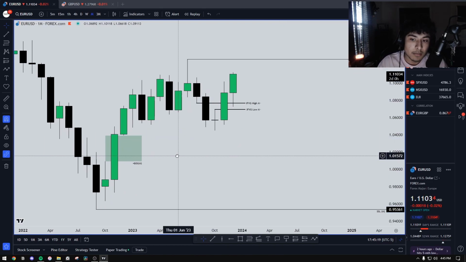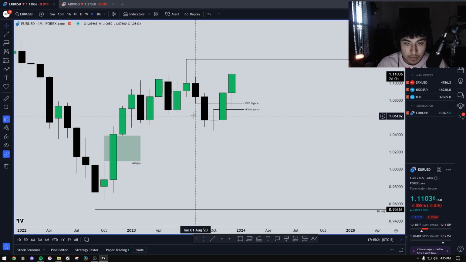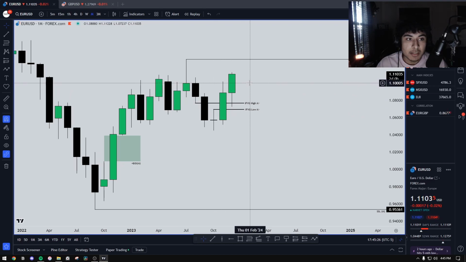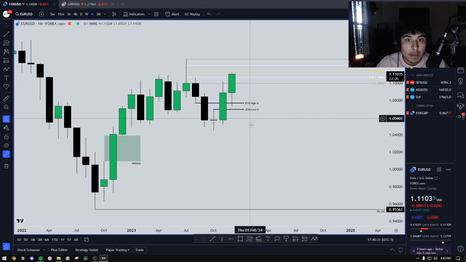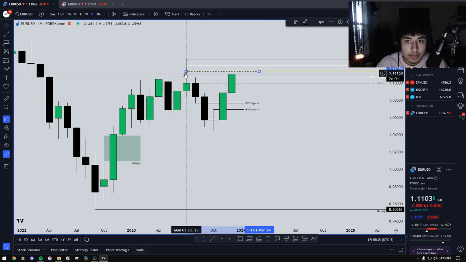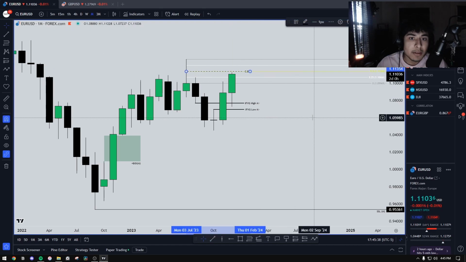I'm going to take this off again because I already showed you it's in a deep discount. We use this as an inversion since we had a SIBI, we ran through it, we came down, used it as a means to push price higher. What am I looking for? This right here, buy side liquidity, and if not, then of course the consequent encroachment as a target right now, since it's going into the new year. And I already gave you my scenario, what I'm looking for.